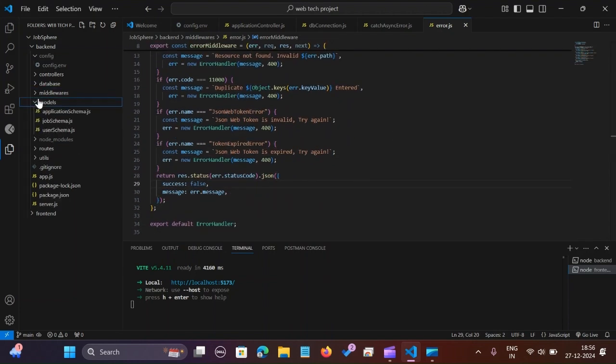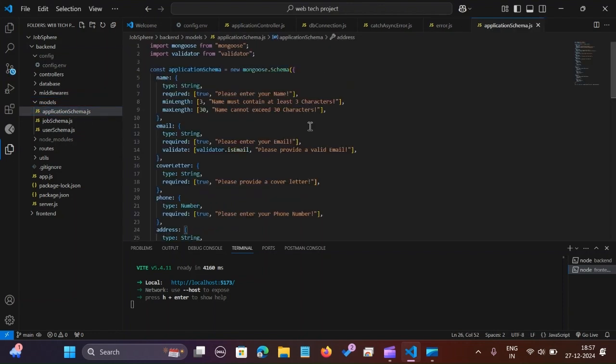After that, we have the models folder. It also has three files: application schema.js, job schema.js, and user schema. This file uses Mongoose, an object data modeling library for MongoDB, to define the schema of job postings.